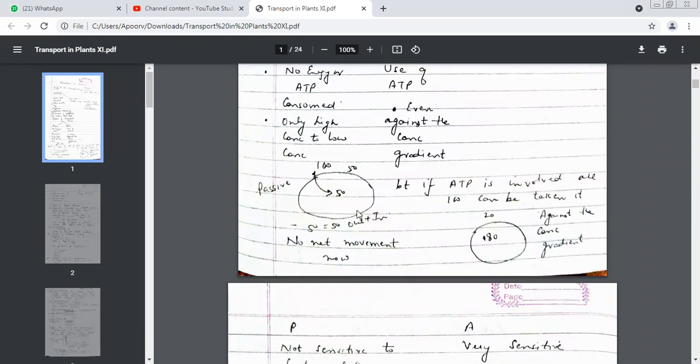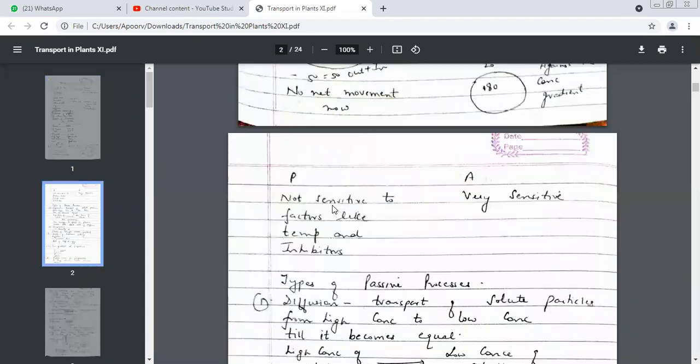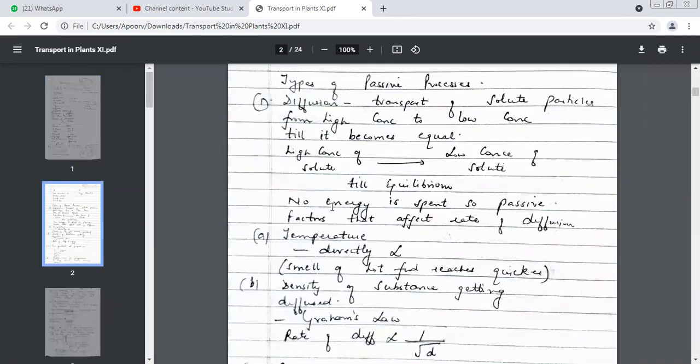But if ATP is involved, beta, then we can go against the, what is the word I had used? Concentration gradient. Without energy in passive transport, we cannot go against the concentration gradient. Then we had types of passive processes. The first one was